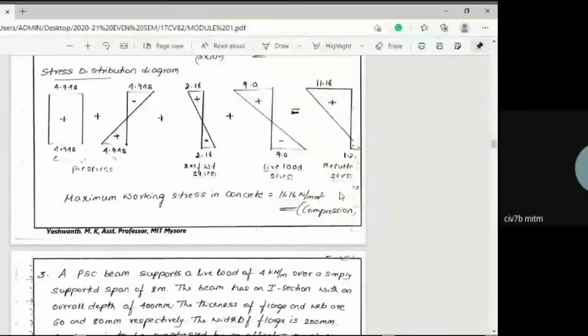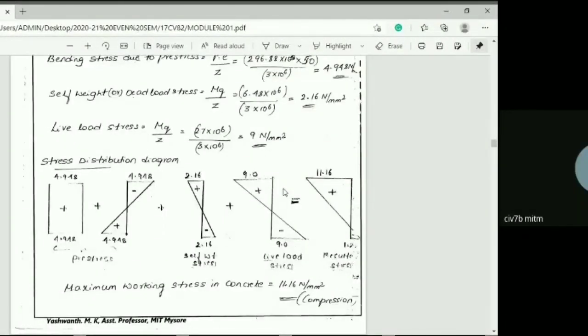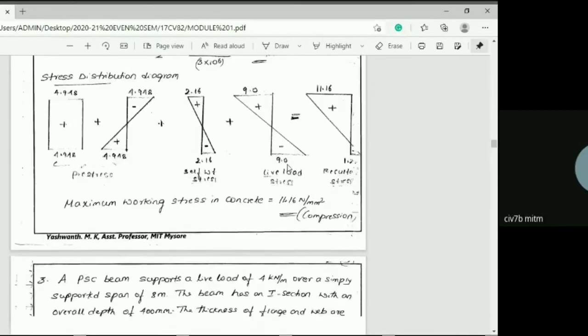Yes, sir. Fine. Any other doubts? So this rectangular section has been solved. Any doubts? And please note down, this is the one case. What I'm trying to explain here is, in different problems, I'm going to teach you different concepts by taking different sections. For example, next I will consider a symmetrical I section. I'm not going to do the same problem now. I'm going to ask a different thing, but the section is different. If you keep on using the same section, it will elaborate too much. So that's why in PSC, each problem is unique. You need to read the problem, understand the problem.